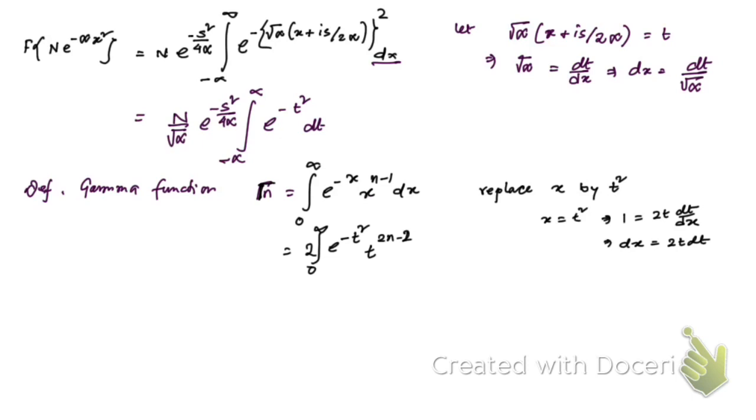Then dx is replaced by 2t dt, this 2 is taken outside, and if you multiply this t and this one, then you're going to have the exponent of t as 2n minus 1. That's what we're going to have. Okay, so here you see,